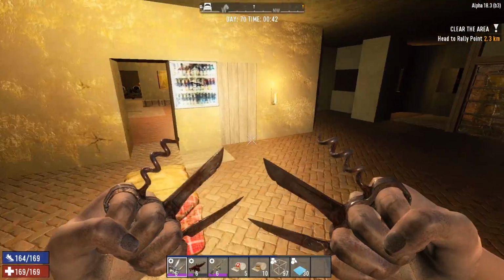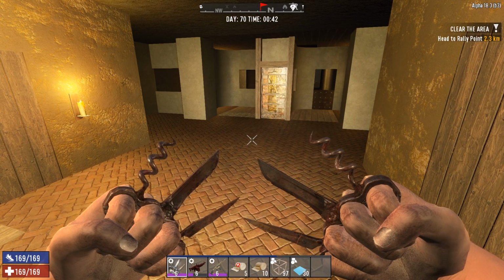All right, so let's get down and start working on the Horde base. What are we doing today? We're going to be doing arrow slit floors. We're going to be doing...